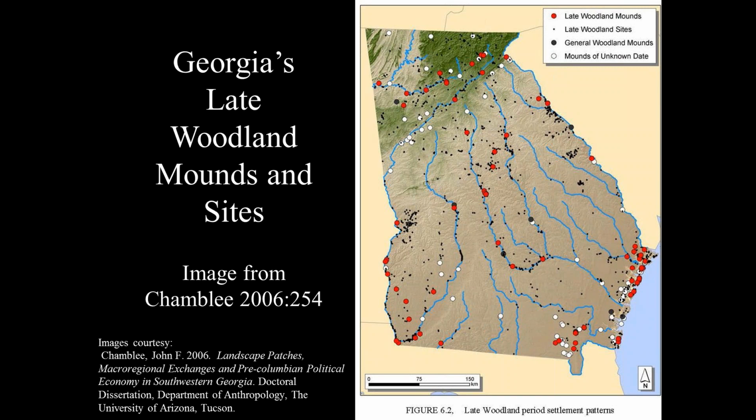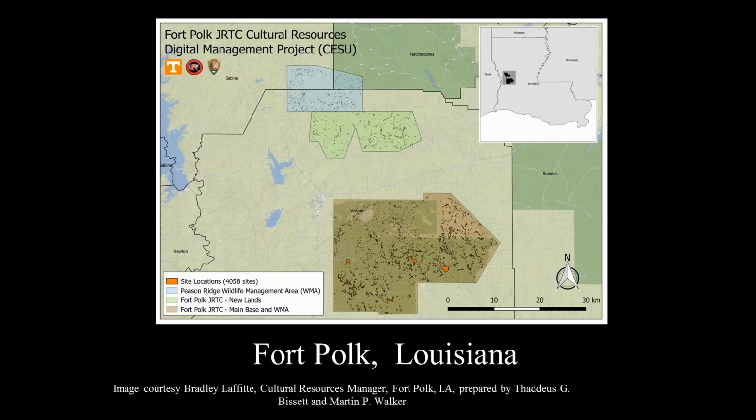Vast archaeological and historic data sets are maintained by state and federal agencies and individual installations, like this example from Fort Polk, Louisiana, where over 4,000 sites have been recorded. Only rarely, however, has this data been combined, that is, rendered interoperable at larger geographic scales. Typically, such efforts have been research-driven, documenting the occurrence of specific site types, feature or artifact categories like mound groups, or pottery or projectile point types. And only rarely have these efforts gone beyond the state level.